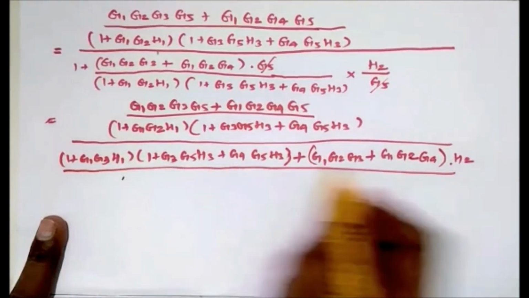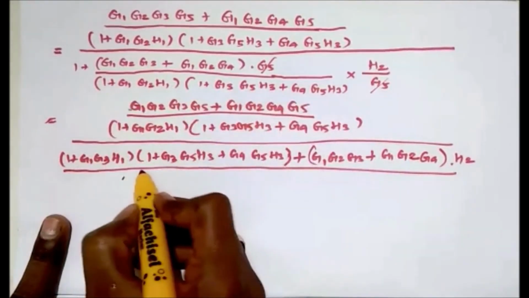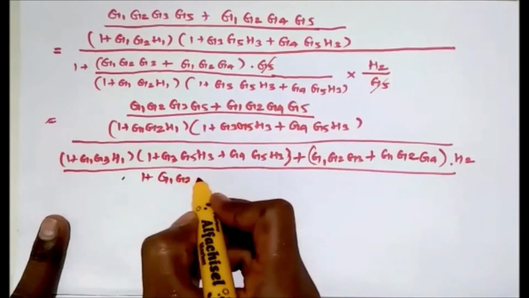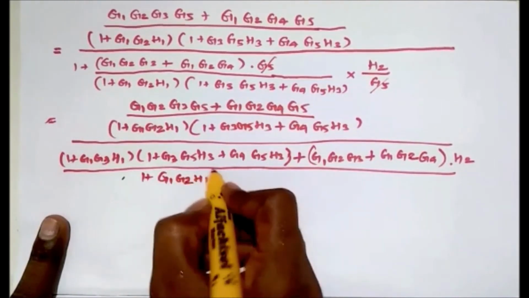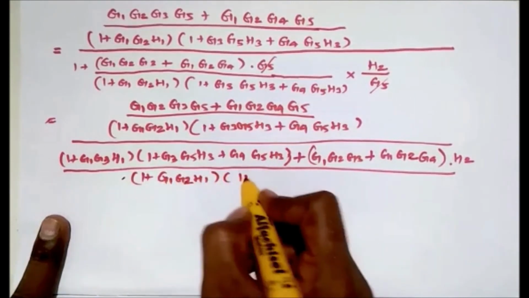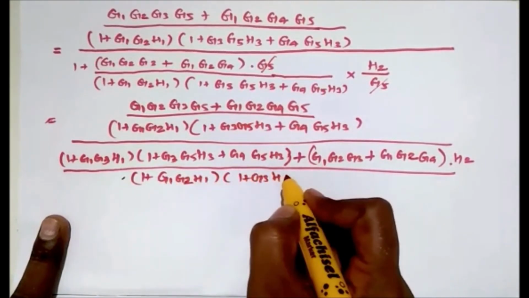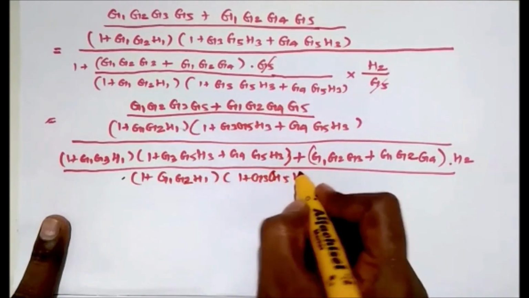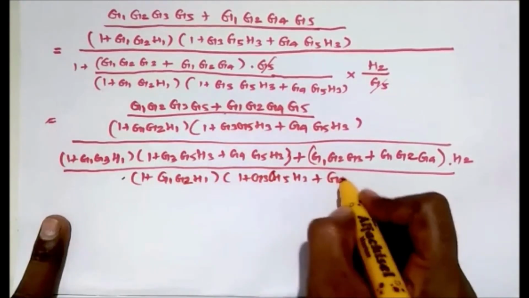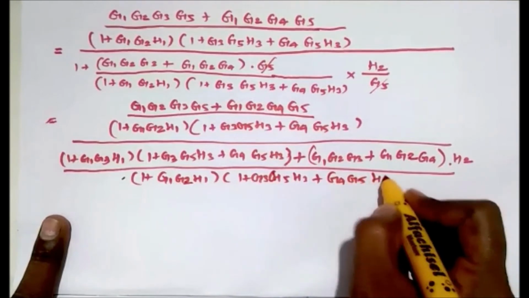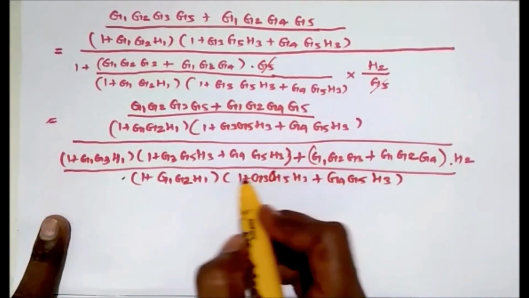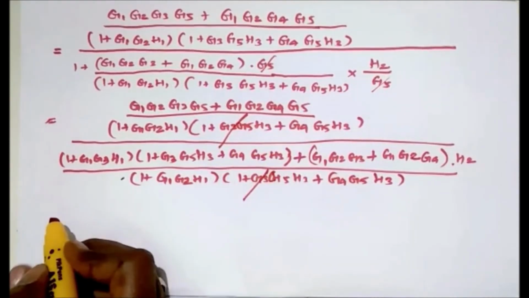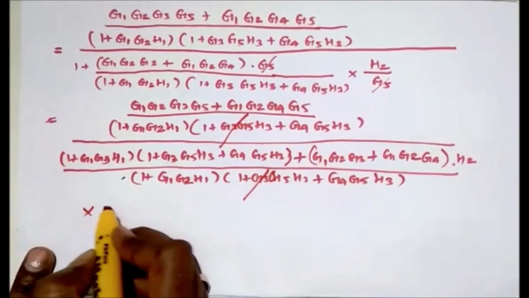Divided by this term 1 plus G1, G2, H1 into 1 plus G3, G5, H3 plus G4, G5, H3. So now this term and this term will cancel each other. Finally we will have the transfer function